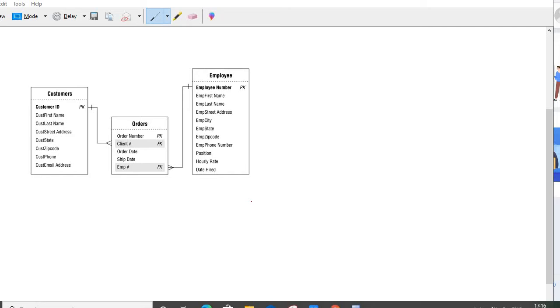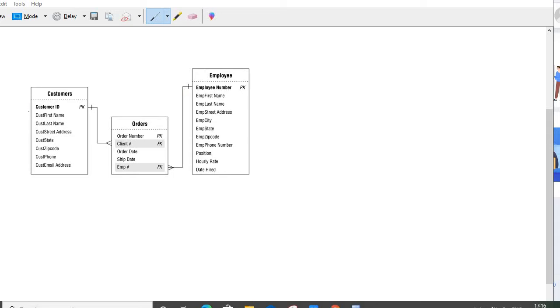For example, if you are able to see these tables on the screen, we have the set of customers available with any company. We can say we have the database of the customers there. We have the employees in the organization, and we also may have a set of orders from the different customers, and those orders may be handled by some of the employees.